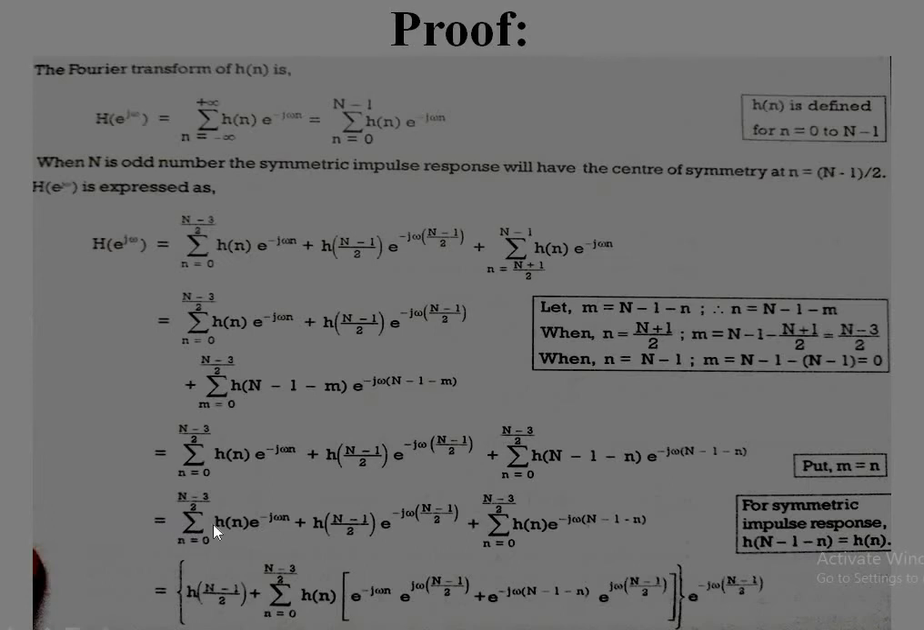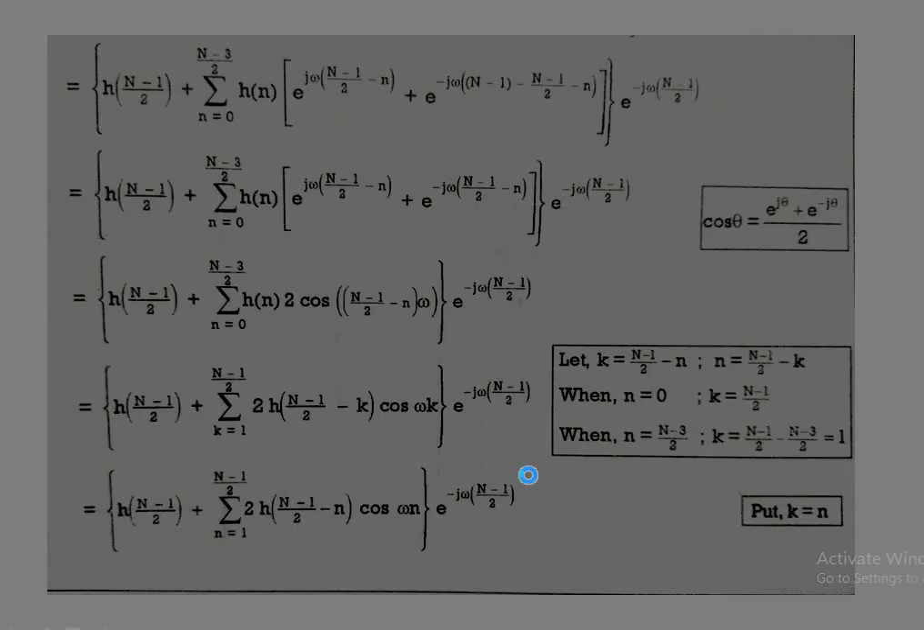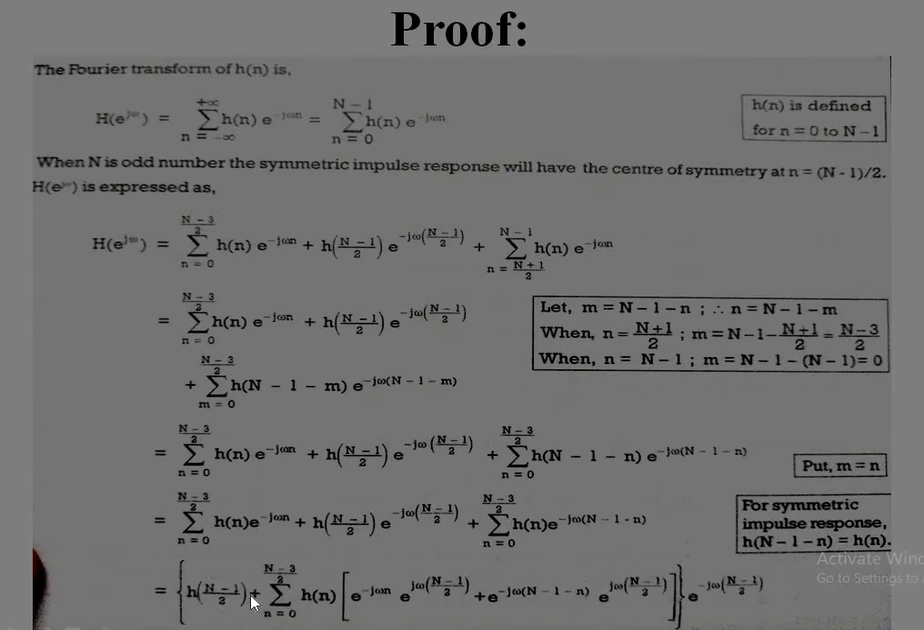be rewritten as h of n into e power minus j omega n, h of n minus 1 by 2 into e power minus j omega n minus 1 by 2, and this n minus 1 minus n is substituted with n. Therefore, h of n e power minus j omega n minus 1 minus n. And now grouping these similar expressions with respect to the similar limits from n is equal to 0 to n minus 3 by 2, we have h of n minus 1 by 2 plus, and also taking this e power minus j omega n